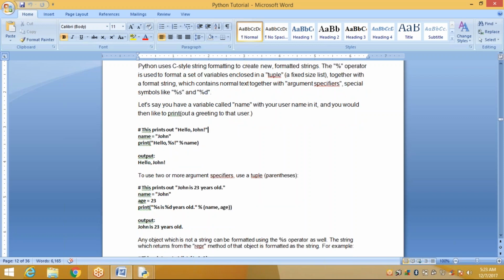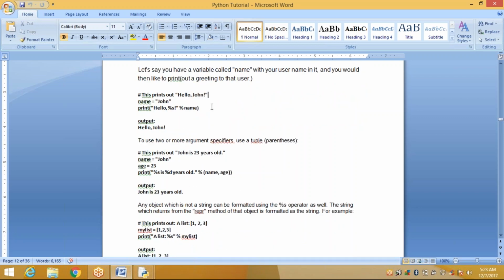Let us say you have a variable called name with your username in it, and you would like to print out, see here, hello John. Your name is John. Print hello %s, and within the quotations you can type your string.